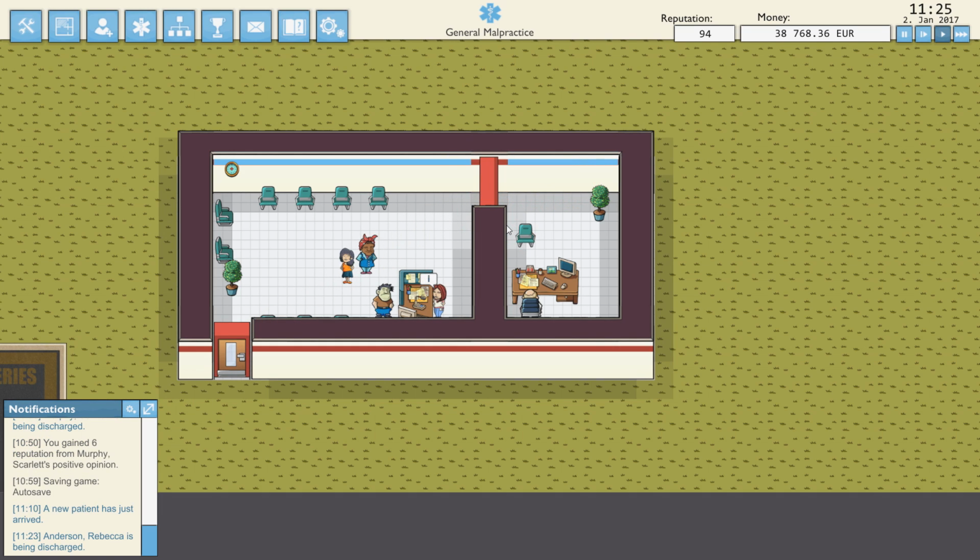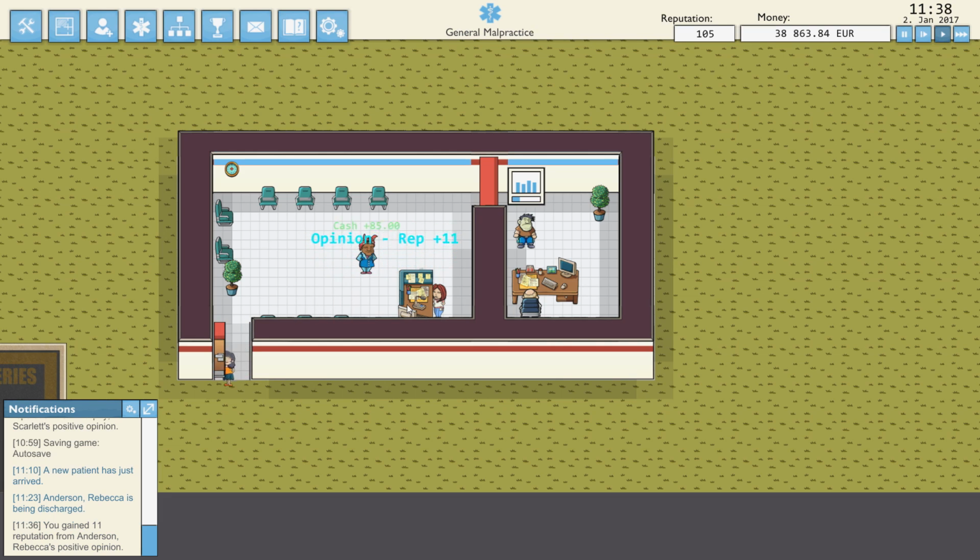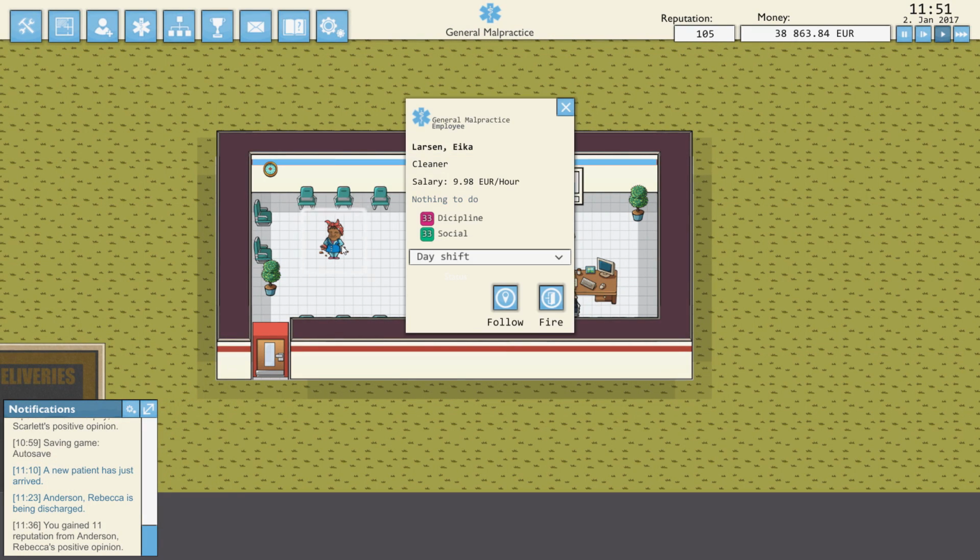I think maybe I might need to expand my services out a little bit more. So she comes up to the front and she pays. Is that what she does after she gets out of there? Okay. We did a great job right there because we got 11 reputation. I don't know what a good reputation is versus a bad reputation, but...